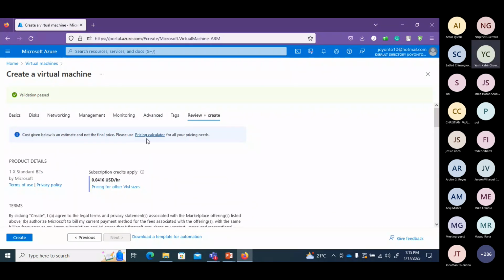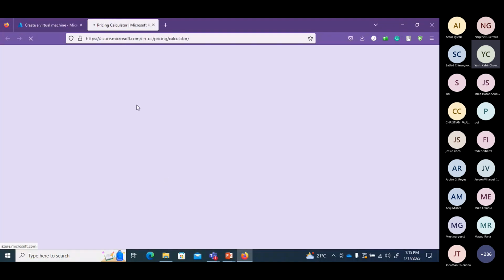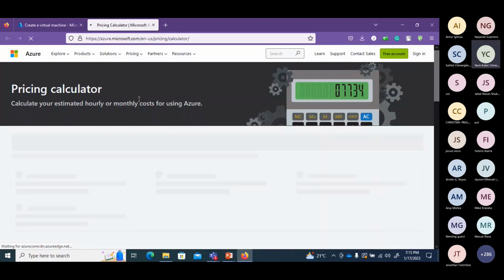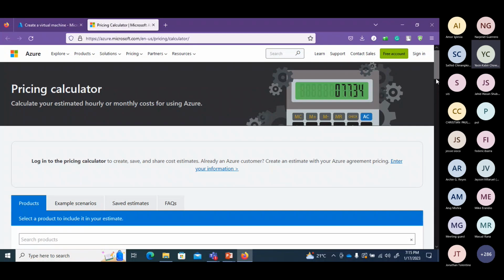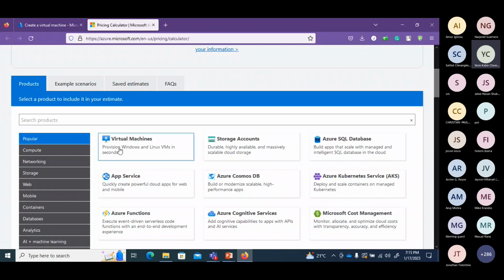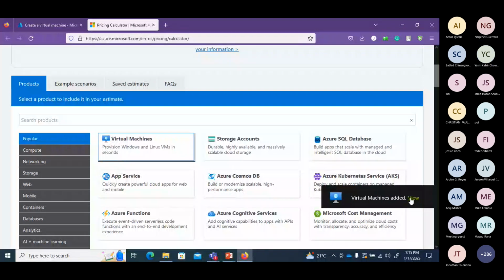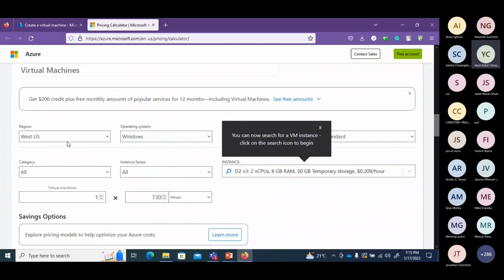Yes, pricing. There is another thing, a pricing calculator. There is the option of pricing calculators. From pricing calculators, suppose in virtual machines, you have a budget, suppose $10, $20. Then you can use the pricing calculator here. Suppose West US, how much